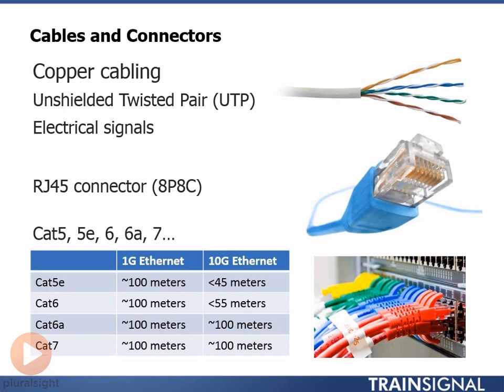Right then, now that we know all about Ethernet over unshielded twisted pair copper cabling, let's take a look at our first type of IP storage,